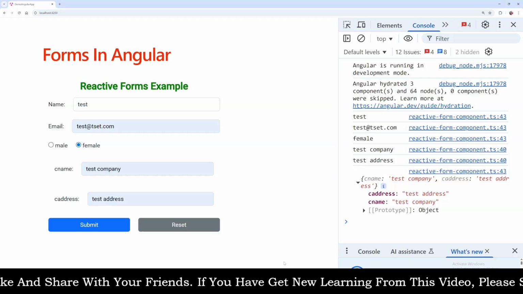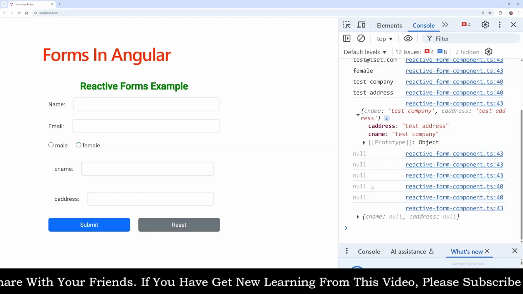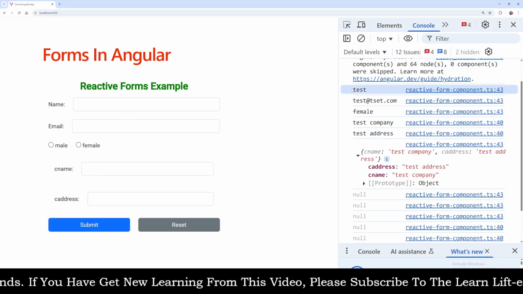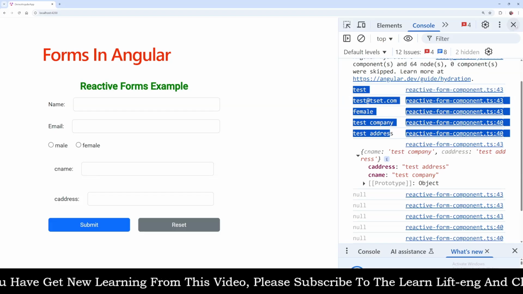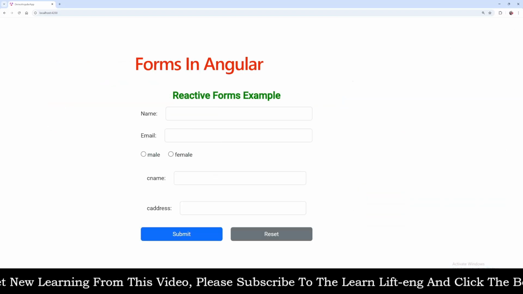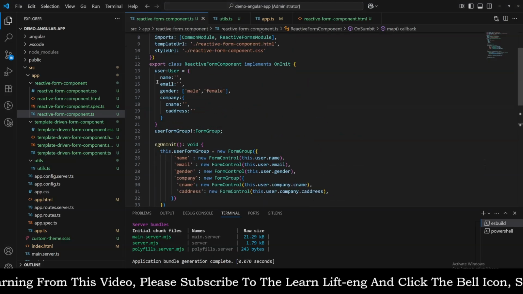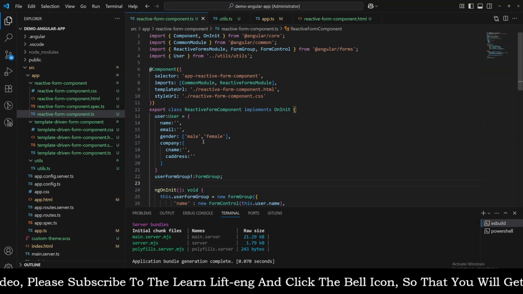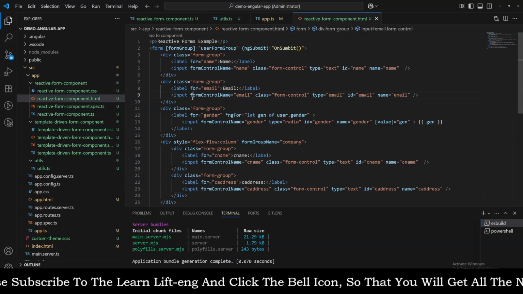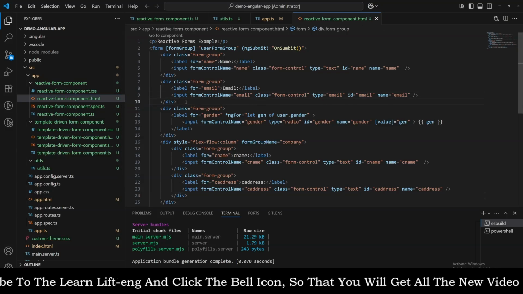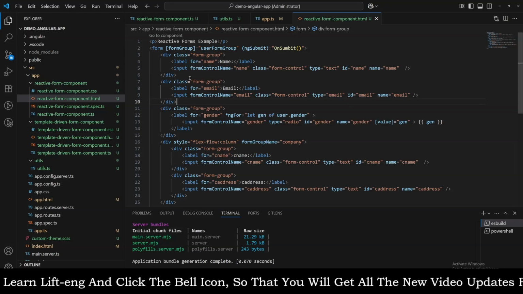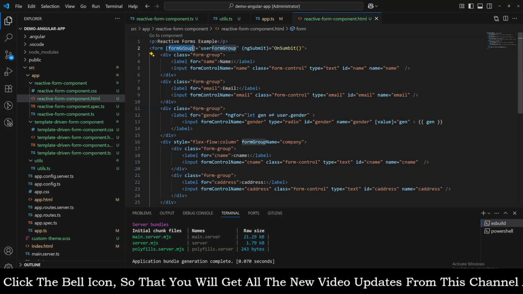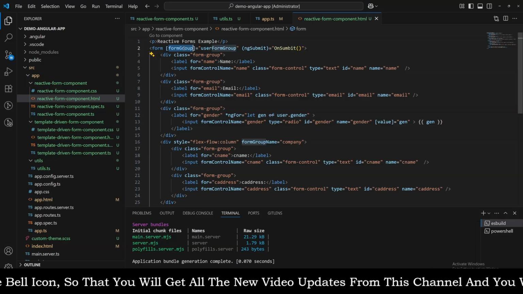And again, if I click on the reset button, you can see all fields are getting reset, and again if I fill the form and submit it, I'll get this kind of values. So this is how the reactive approach is. It is strictly based on the model you have, and based on that model you can create your form. And the main thing you need to keep in mind is that whenever you bind that reactive form to the form on the view, you need to use this directive. This is nothing but the formGroup directive, and